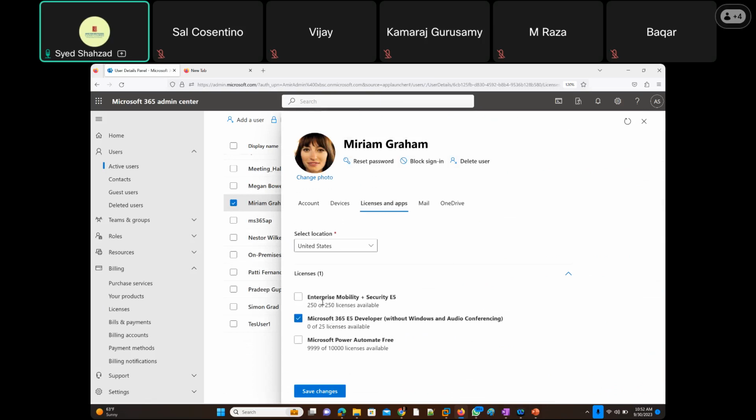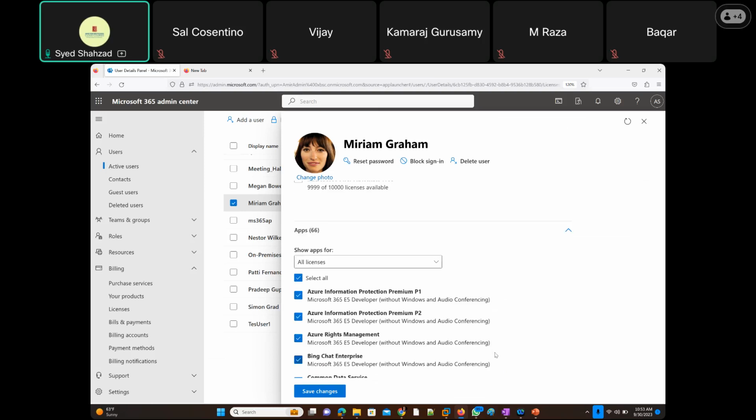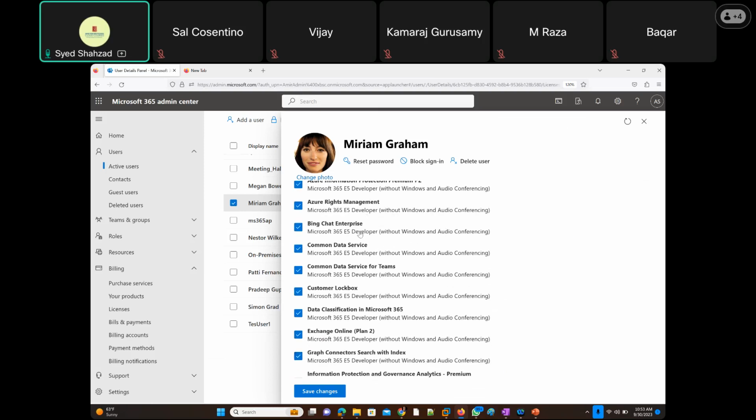This has to be checked for the user: Enterprise Mobility plus Security E5, right? This must be checked. Whoever gets an E5 license has access to 66 applications which are checked. If they're not checked, obviously they don't have access. But if I expand those 66 applications here,